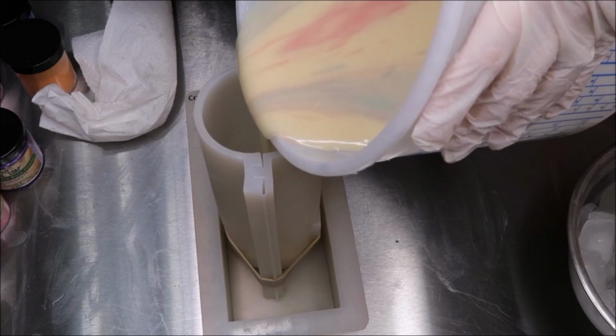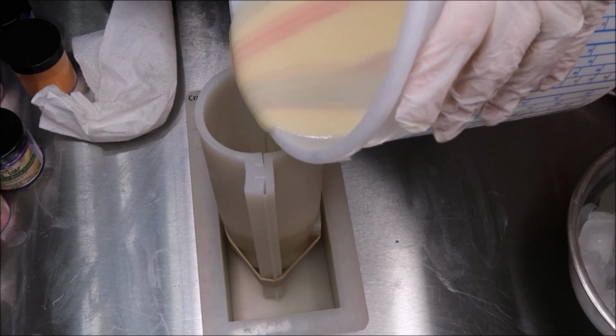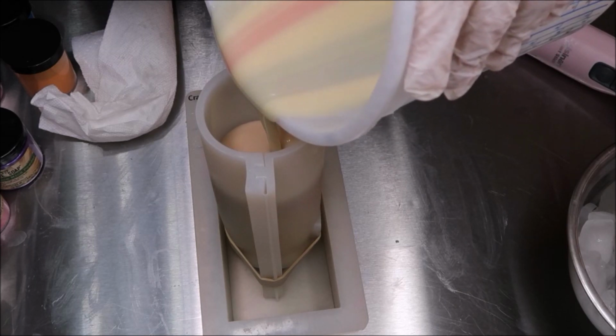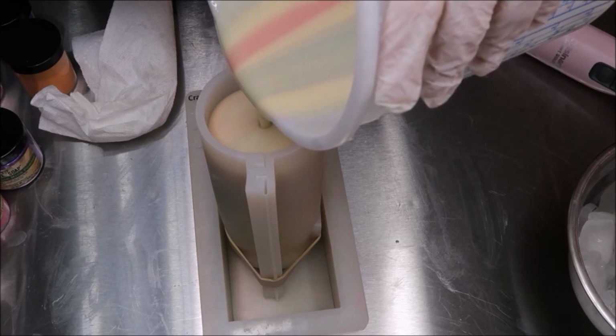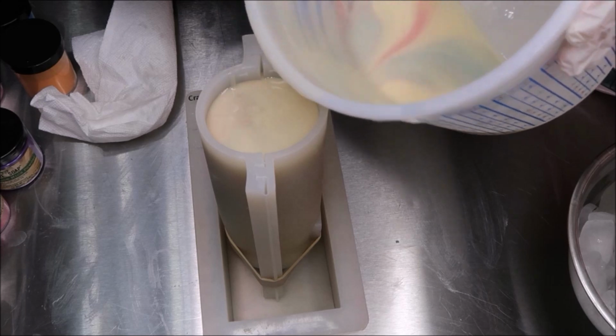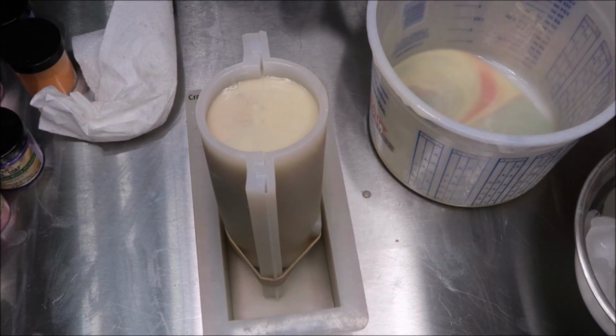Ooh, well, it's pouring pretty. It looks like it's holding. All right, that looks like it's holding. I'm not going to pour to the very top. Separate mold set out that I'll put this in. And